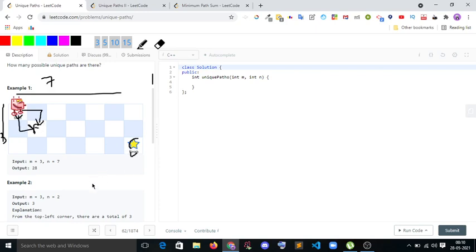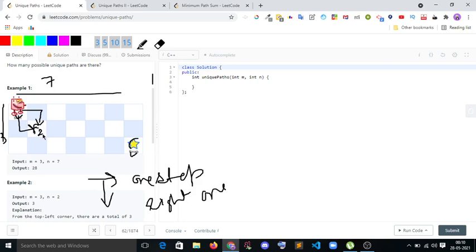If you can move only in the right and downward direction, one step right and one step downward, this is the condition. So how many ways are possible to reach this finish?